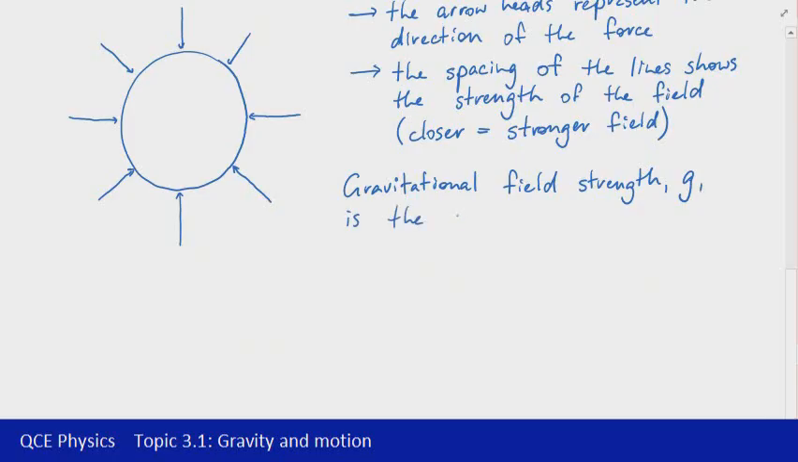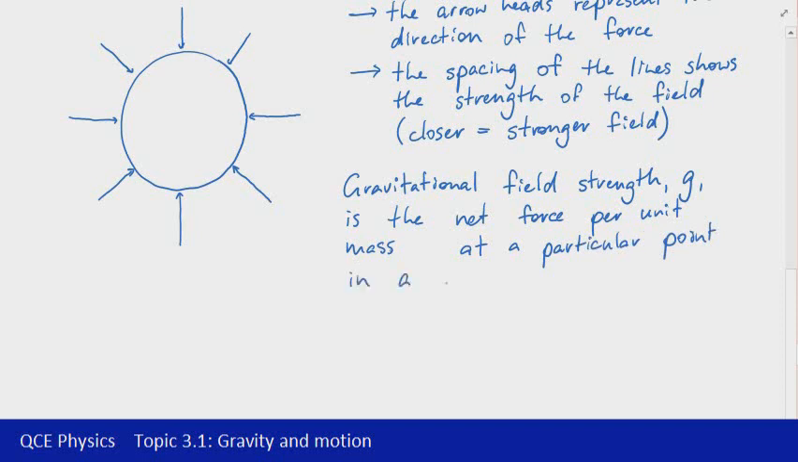So that is the net force per unit mass. So we're basically saying, let's look at the force that would act on a mass divided by its mass to figure out how much force there is per kilogram at a particular point in the field. So we can consider that from the point of view of equations,